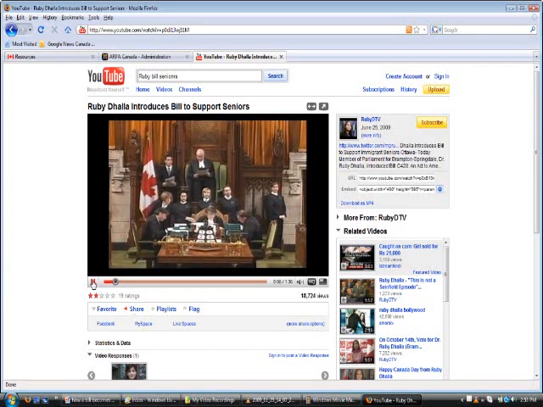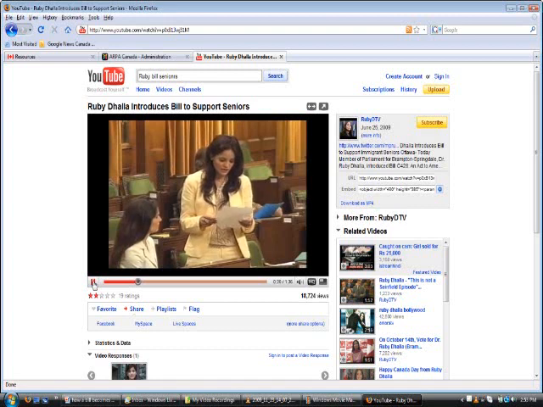Seconded by Mr. Ray, moves for leave to introduce a bill entitled An Act to Amend the Old Age Security Act Residency Requirement. This motion is deemed adopted. The Honourable Member for Brampton Springdale. Thank you, Mr. Speaker. It is with great honour and pleasure that I introduce a bill